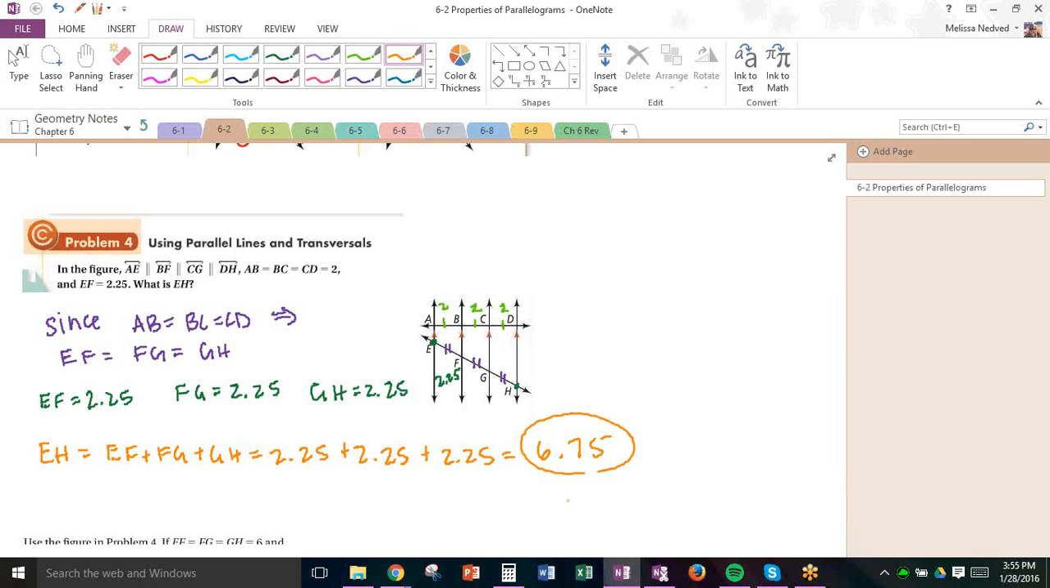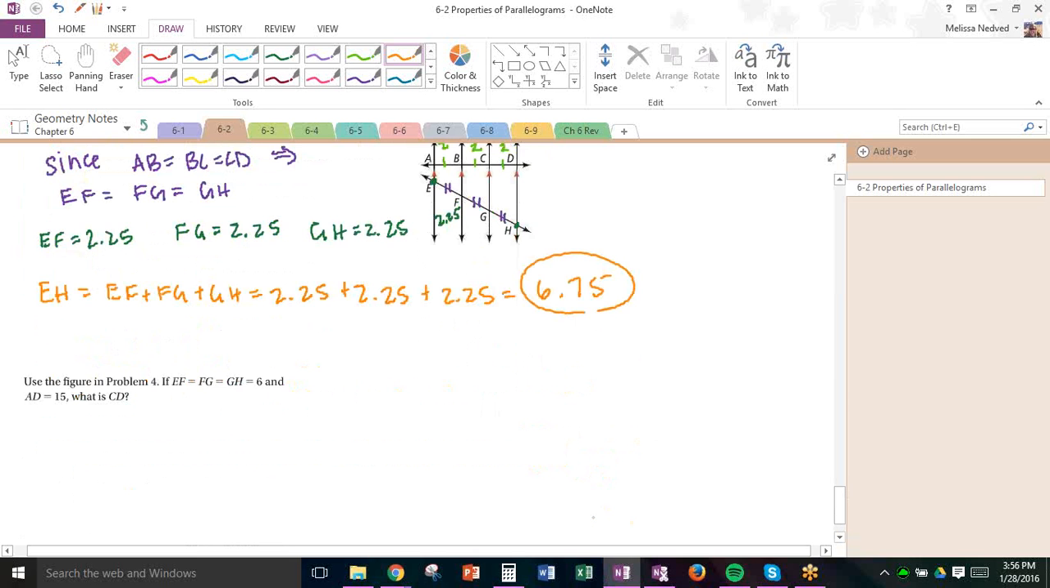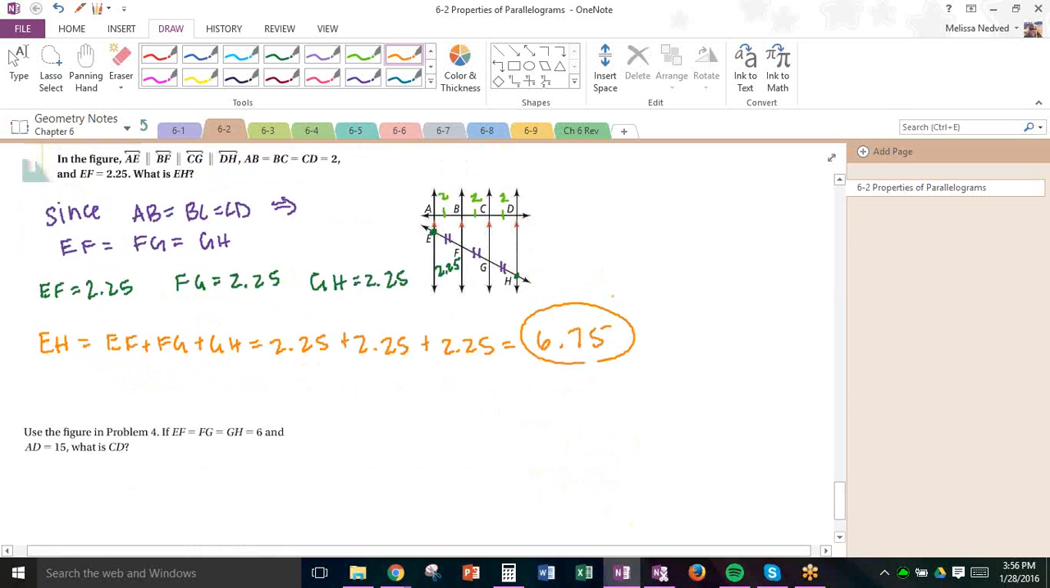So again, once you've got parallel lines cutting one transversal into even segments, you're going to cut all transversals into even segments. So let's look at one more example. We're going to use the same figure, so I'm going to go ahead and erase the markings I put on it. We're going to take the same figure, but give it some different circumstances. It asks us to use that figure in problem 4, the one right up here on the right. And if I know EF is equal in length to FG, equal in length to GH, and they're all 6, so all 3 are 6, and if I know from A to D it's 15 units long,